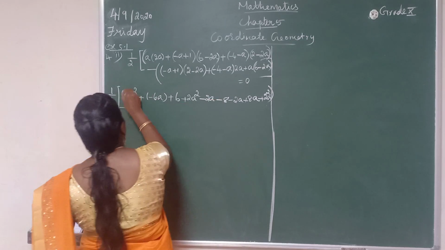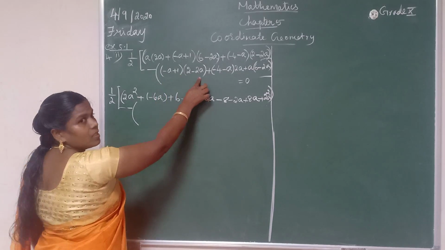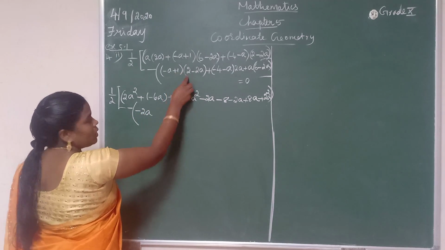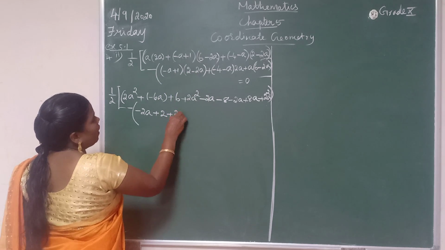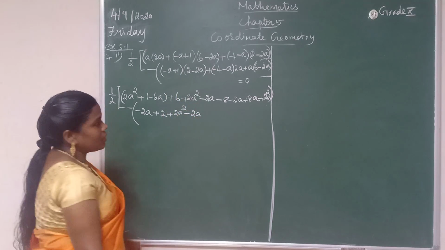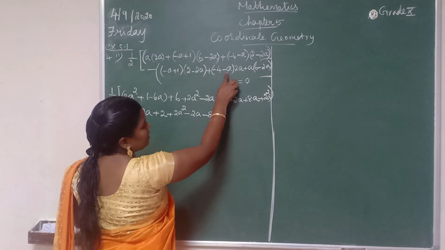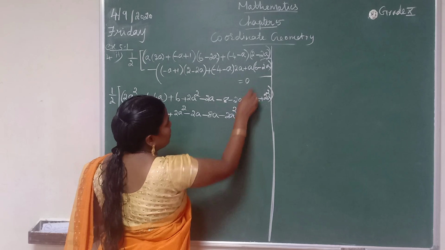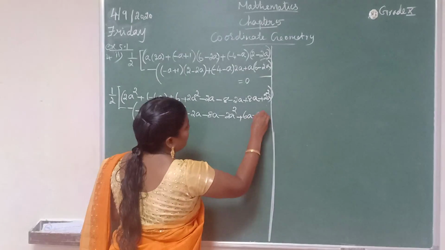Close the bracket. The next bracket formula, there is a minus of, again this 2 term with this 2 term, that is minus a into 2, minus 2a, plus 1 into 2, next minus a and minus 3a, that is plus 2a square, and 1 into minus 2a is minus 2a. Next this 2 term, that is minus 4 into 2a, minus 8a, minus a and 2a, that is minus 2a square, plus 6 into a, 6a, and minus 2a into a is minus 2a square.